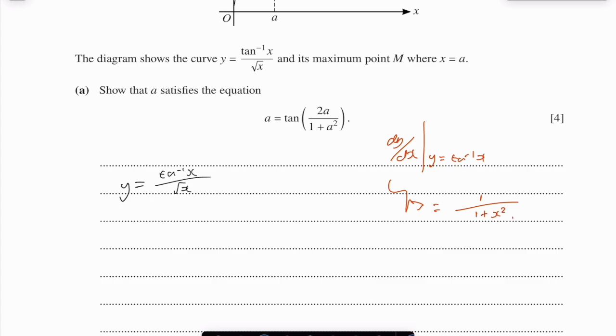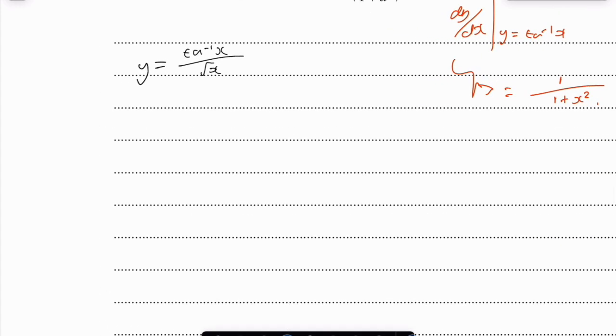That's an identity in essence. So knowing that, this makes this whole thing a lot more simple. So what we get then is dy over dx is equal to 1 over 1 plus x squared